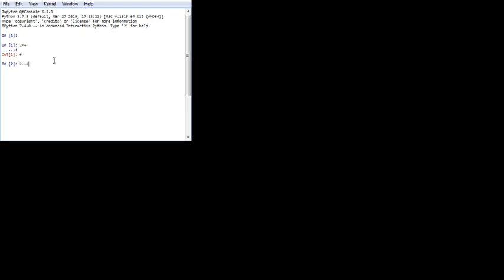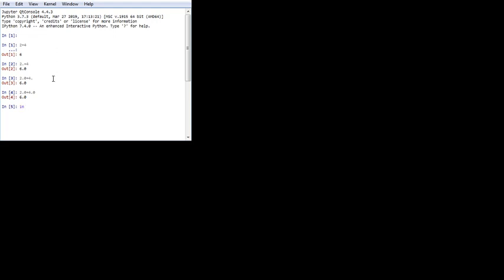Then 2 dot plus 4 will give you an answer in floating digit. Similarly, 2.0 plus 4 point will also give you an answer of 6. Why I am showing you these various types of code is to show that Python takes it inbuilt. Even if you have not written 0, Python by default takes it as a decimal point and shows you the answer in its original form.